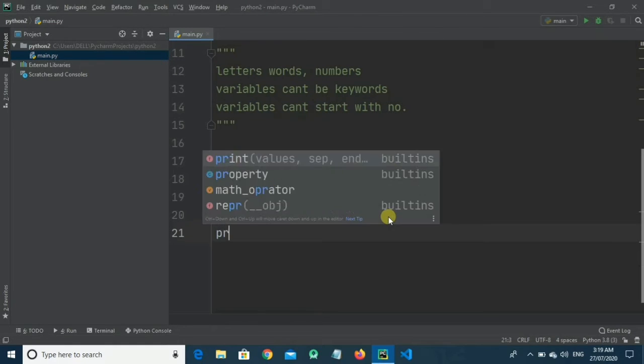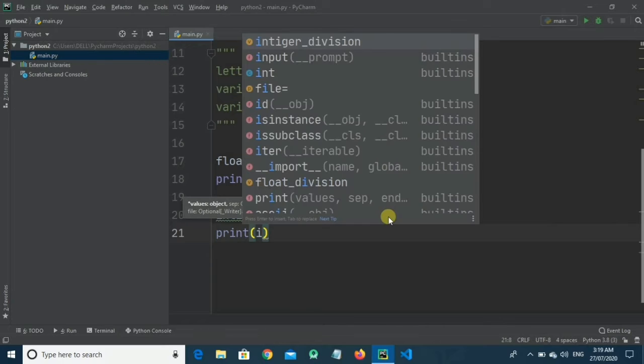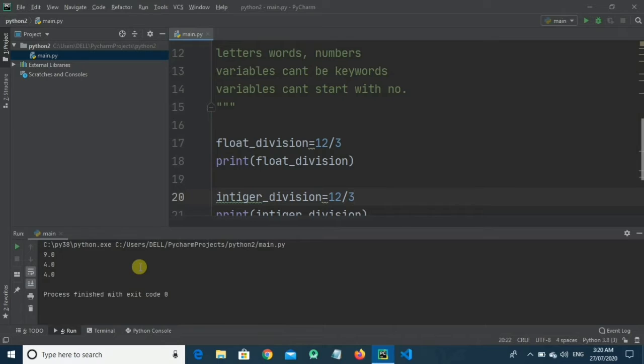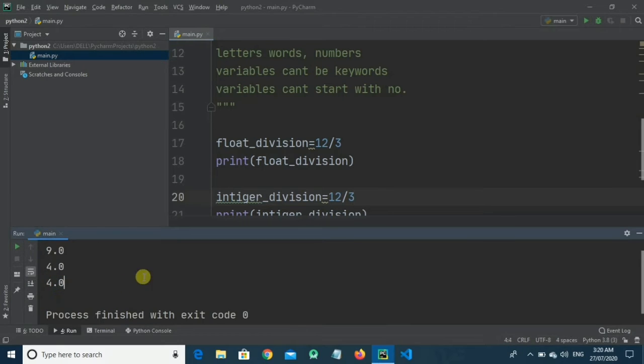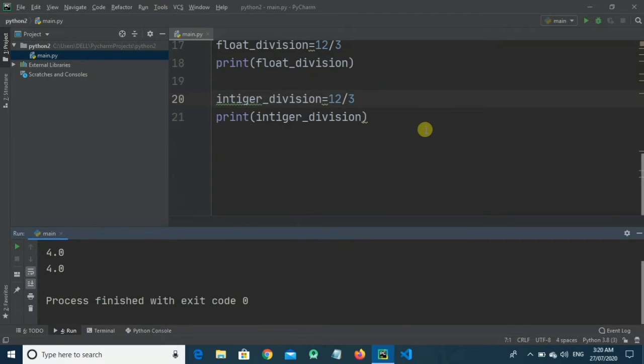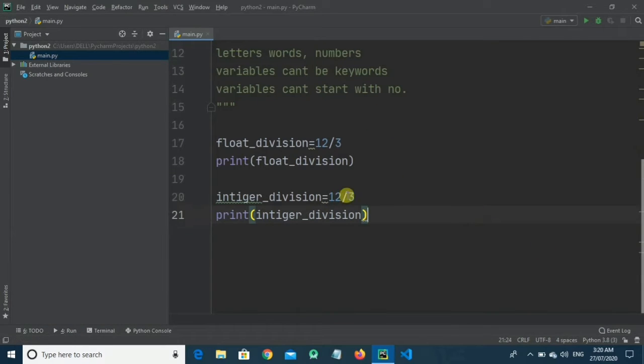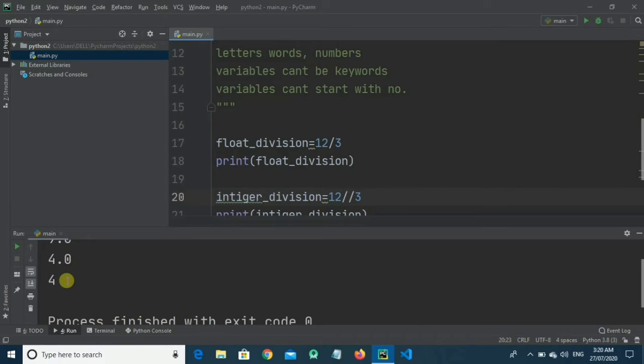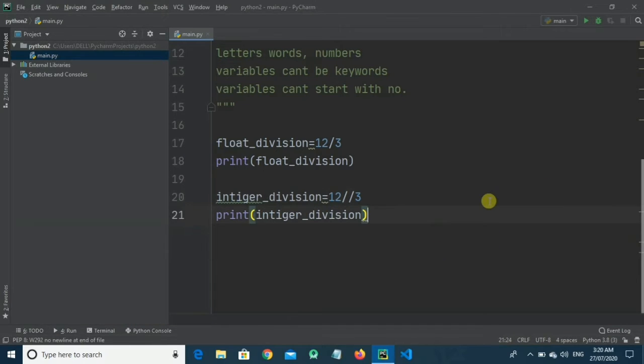Let's run our program. See, the answer is the same again, but now I will show you how you can change it. To correct this, we will have to add another division symbol into our program, and see the answer here is 4.